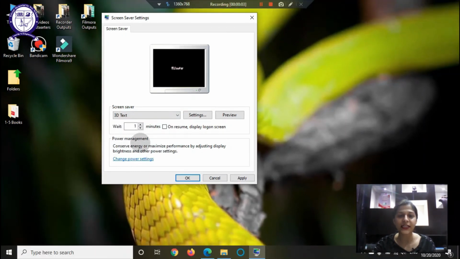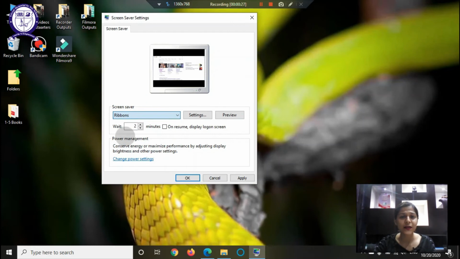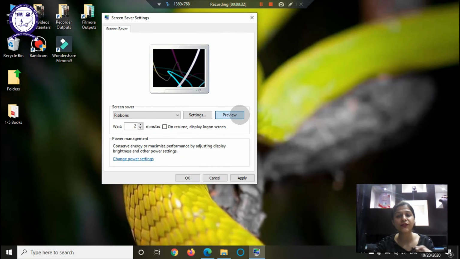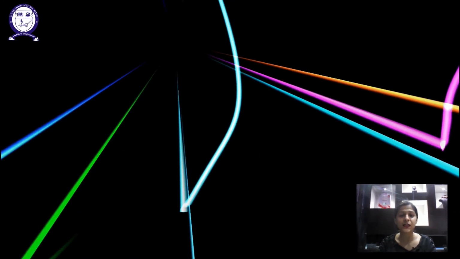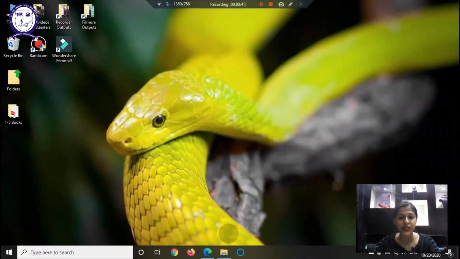After how much time of inactivity should the screensaver appear on the desktop? So we can change that to 1 minute. That is the default. So we can change that to 2 minutes, like if for 2 minutes I do not use my computer, I do not touch the touchpad, mouse, keyboard, and all these things, then that is when my screensaver will be activated. I can use photos, I can use gallery, ribbons, and all these features. So ribbons look like this. If I click on preview, this is what the screensaver will look like, right? But I'll just cancel, and then I'll cancel the whole screensaver thing.